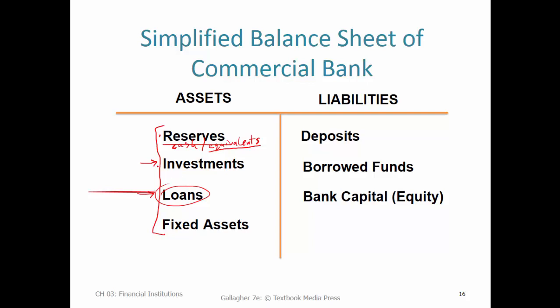A bank might put a little bit of its funds in some other investments, some short-term securities. And then they've got, of course, some fixed assets, which would be the plant and equipment, the buildings, the furniture, their computers, and that sort of thing. That should be a pretty small percent of their total assets. The bulk of it should be right here in the loan portfolio. And that is the main moneymaker for any bank.